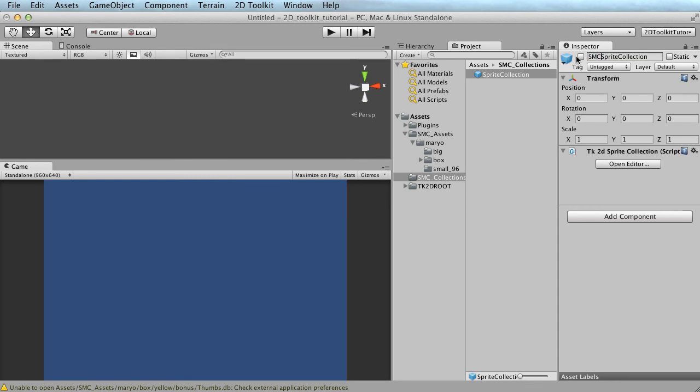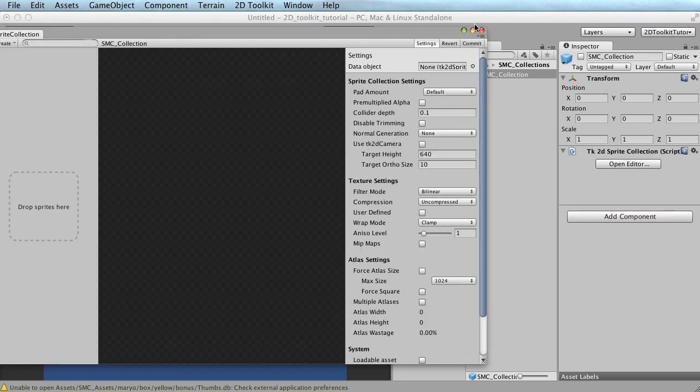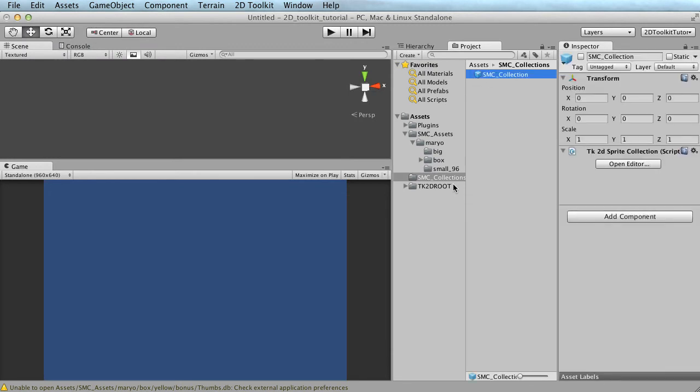So let's call this SMC collection. For now, it's gonna contain everything. Later we might do one for the player, one for level 1, one for level 2, one for the world, one for different things. But for now, it's going to contain all this stuff that we imported. So now that we have that collection, just click on it and click this button that says open editor here,